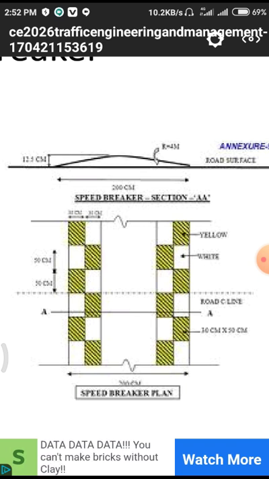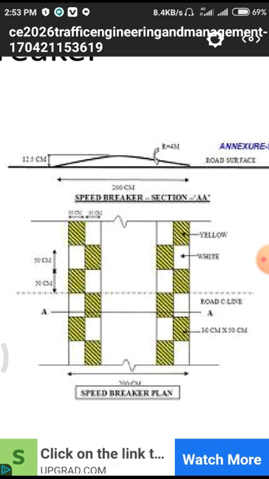So we need to give some symbols in front of and in back of the particular speed breakers. Here we have a speed breaker with some rise from the road surface. That rise is normally not 1 meter, but simply half a foot to 1 foot. In front of the particular speed breaker they will give proper lights, that means proper painting. Normally they use yellow paints and white paints, so that those are visible at night time also.